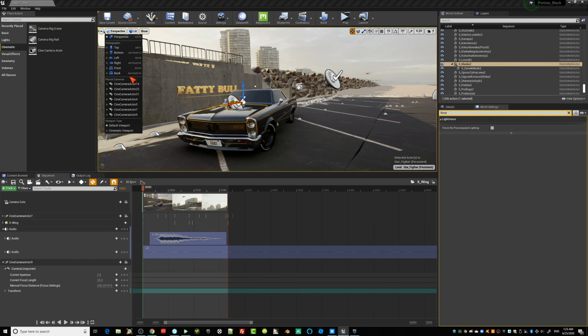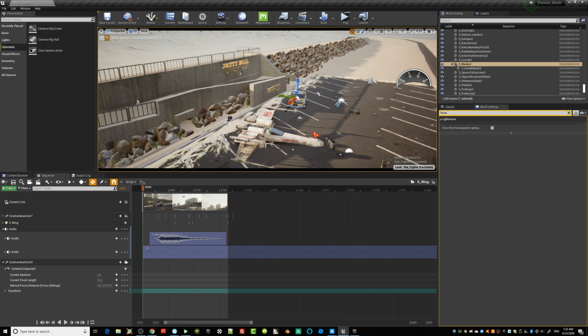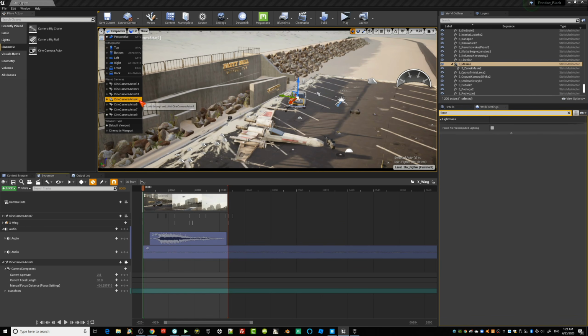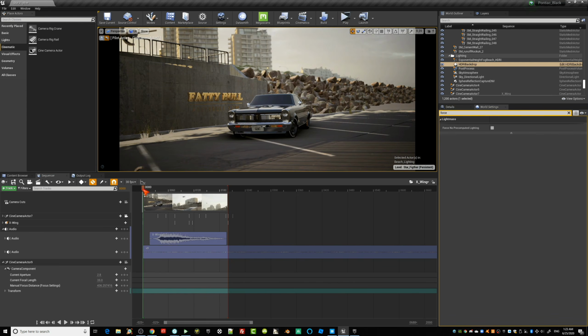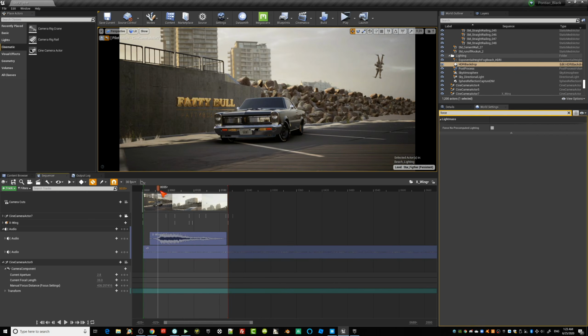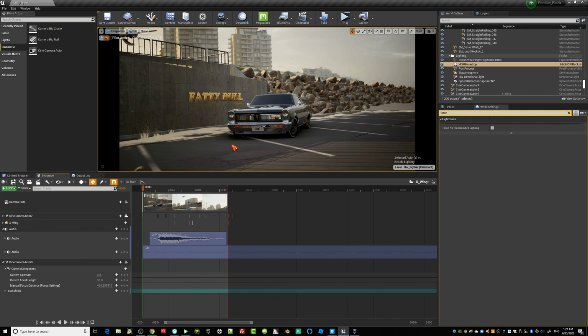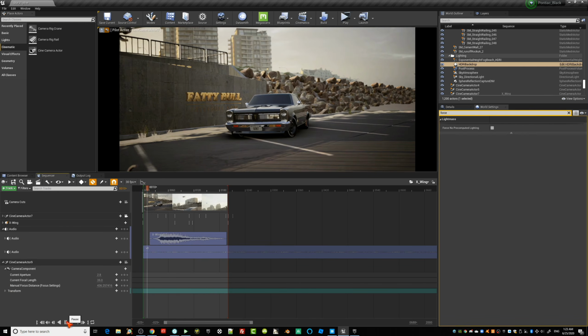So if I go here to my Cine Camera Actor 9, was it 9? Oh no, it was 7, sorry. So I need to go into 7. Then press G so that you get a better view. Look at this. If I scrub through, I see my full camera. But you can also see I brought it into my sequencer, the audio effect as well, which was an audio effect from YouTube or so. But when you play it,